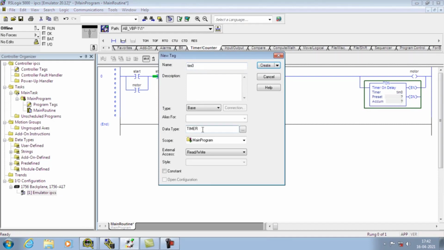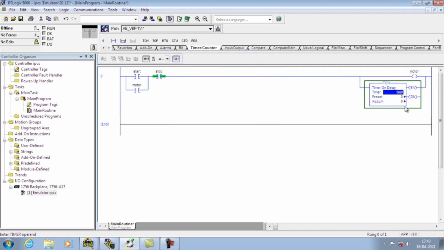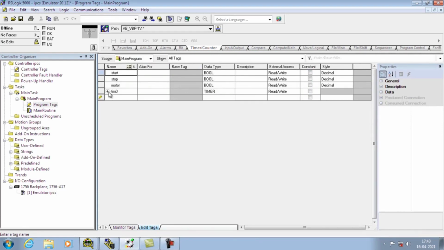So here by default the data type is selected. Once we select the data type as timer and give the name TIM0, we can create it. We can just go to the program tags where the timer is also created with the data type name of timer.